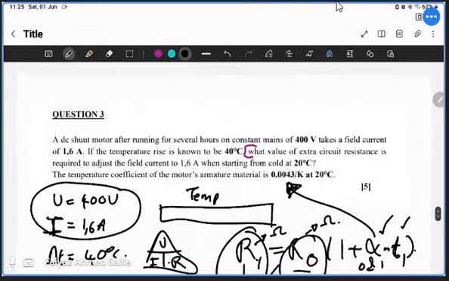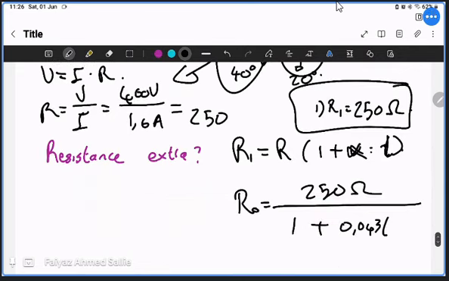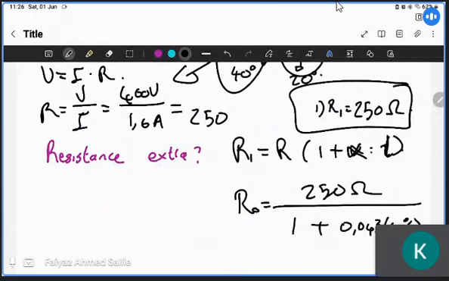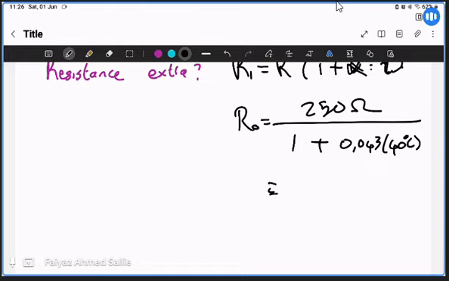the rising temperature, because this here is 40, right? So this T is going to be 40 as well, 40 degrees Celsius. Then we get 250 over 1 plus 0.043 multiplied by 40 degrees,